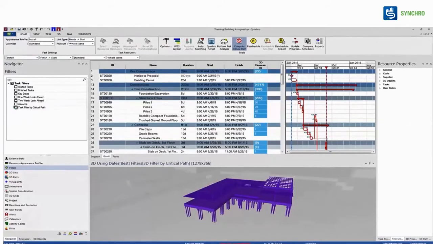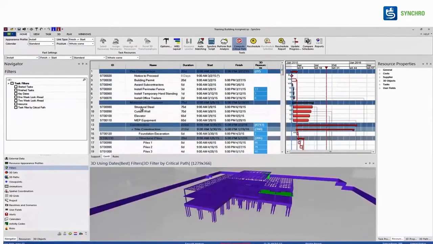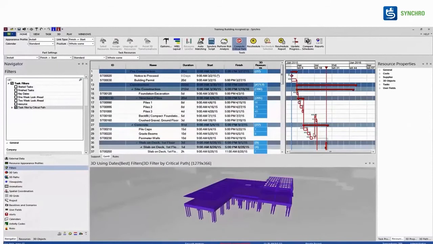So if you do not want to see the critical path, you can see other activities or other tasks which are not related to the critical path also highlighted. So you have an option of going to all the tasks, or you have an option of going to only the critical path. And as a project manager, from my experience this will be very important for you, and you can put more of your efforts into envisaging how to work on this critical path in a better way.